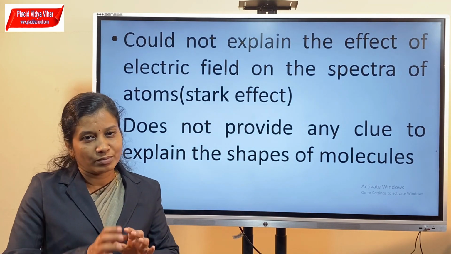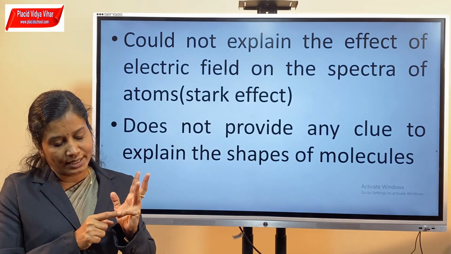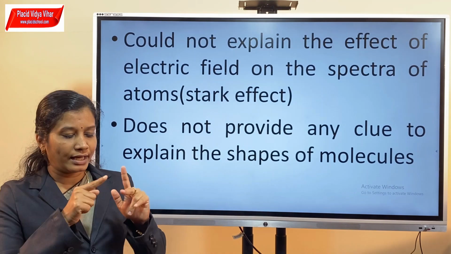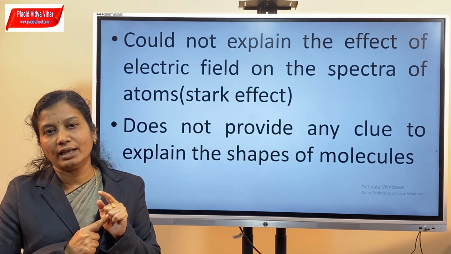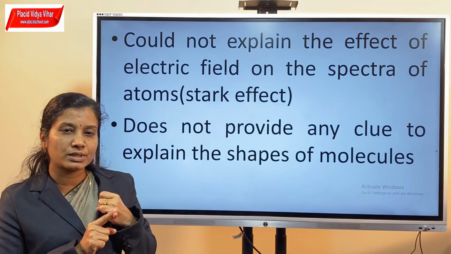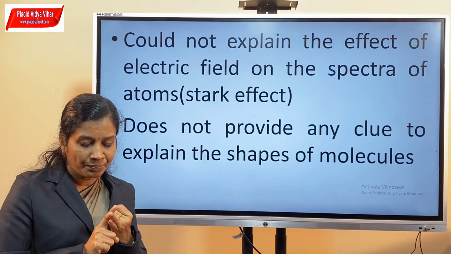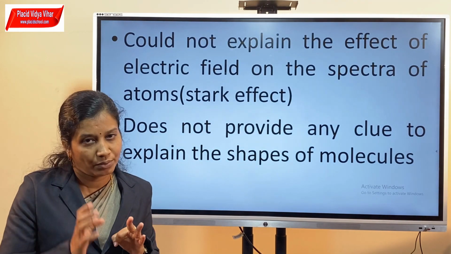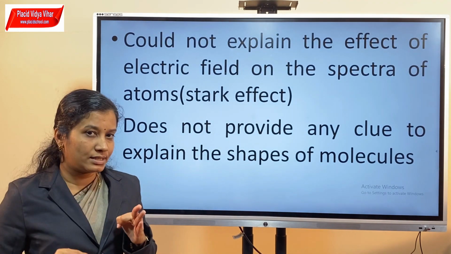Okay, so our models are over. So we saw Thomson's model, then Rutherford's atomic model, and mainly the Bohr model and its limitations. So this is very important. The postulates of Bohr's atomic model and also the merits and demerits of Bohr's atomic model are very important. So please study all these things.